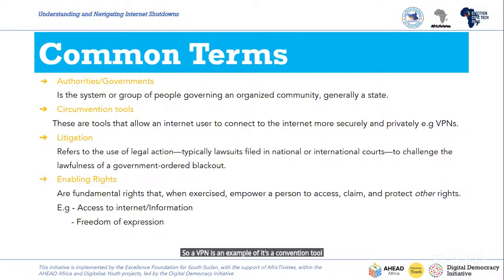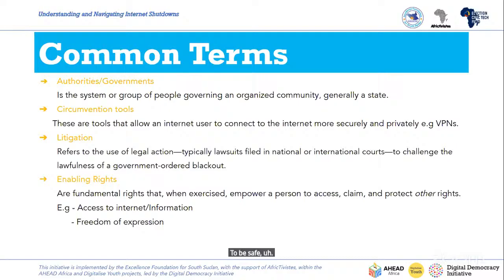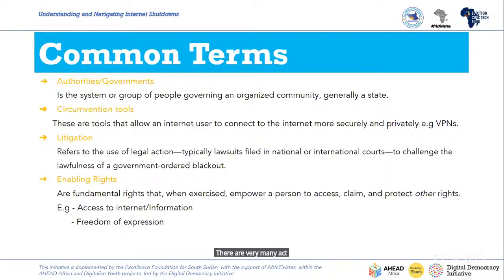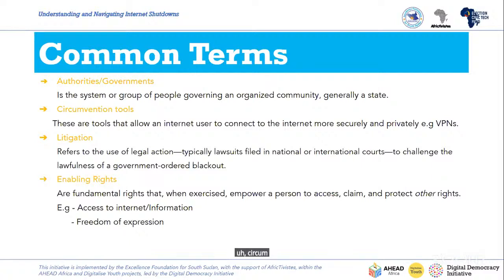These are tools which basically allow you to be safe online and to be privately connected. Most times you may think that when you're using the internet, it's only you who is seeing what you're doing, but there are very many actors that can monitor. If they decide to monitor whatever you're doing online, they can decide to monitor you. But to avoid all these things, you can use what you call circumvention tools, of which VPNs are an example.